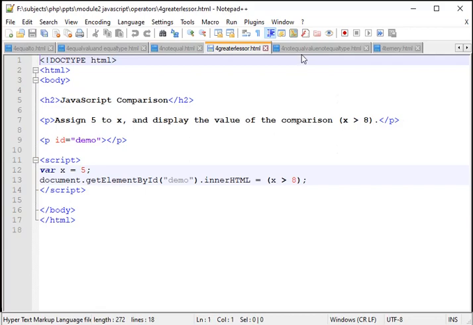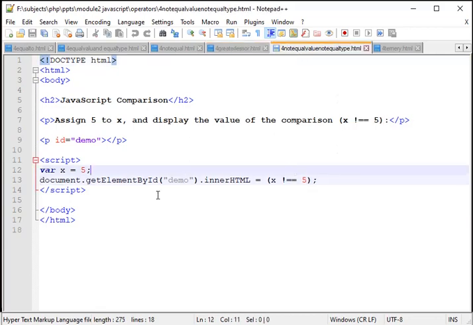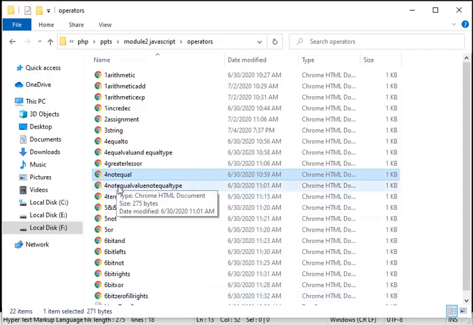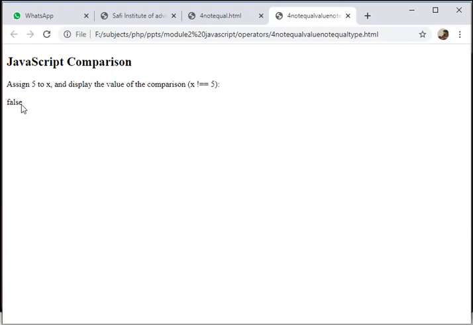Here it will show the result whether 5 not equal to 5, then what will be the answer? See, false. That is the difference between equal and not equal value and the not equal comparison operator. There we get a true answer, here we get a false answer.